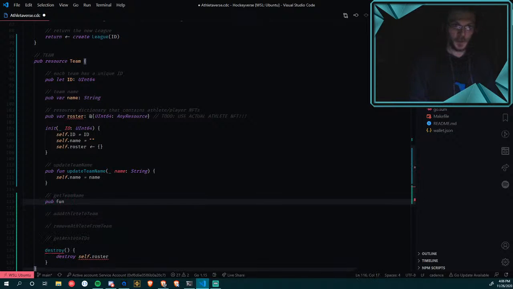There's a lot more too, like with the pub fun, those are access modifiers, so we can get really specific about who can do what. Like you saw with the admin resources, there's ways to pass resources to certain users' accounts so that if a user has that resource, then they can do certain things that other users can't. So lots of different opportunities to deal with access control. As I'm building this out, I'm just going to keep it pretty open and easy so that anybody can do anything, and then we'll test things out and restrict them from there.